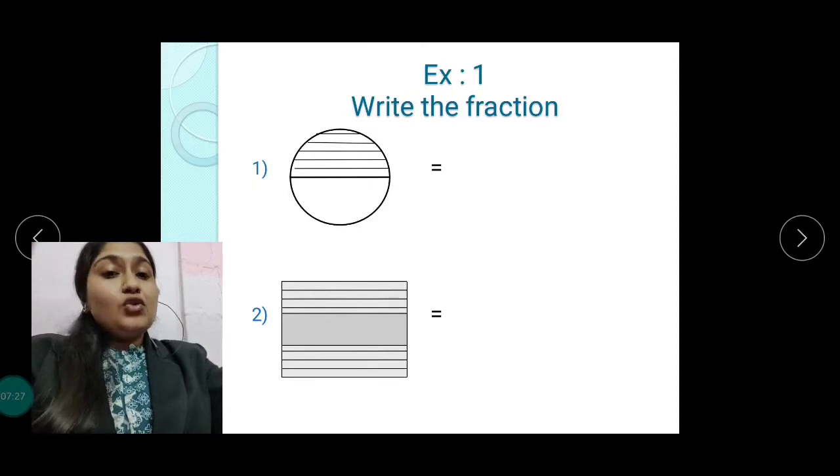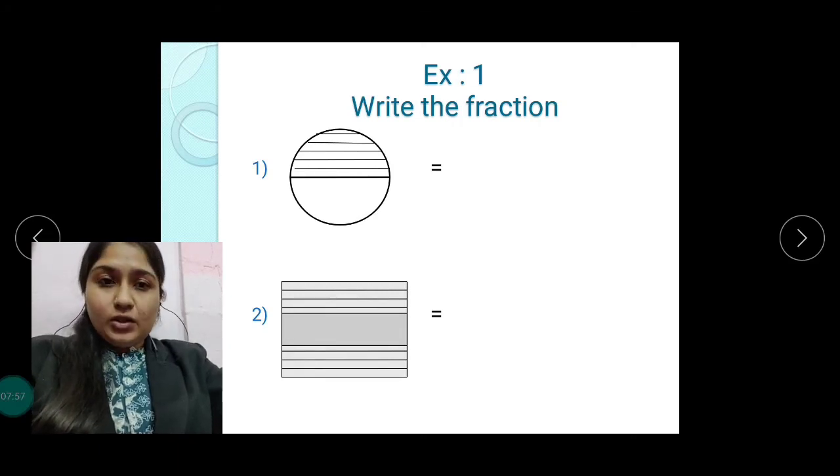Students, this is the new chapter. You have to start this chapter from the new page. Okay, you have to copy the date from the attached PDF, and on the new page, first of all, you have to write down the points to remember, and then you will start this exercise, that is exercise 1, write the fraction. Students, I am once again telling you that on each and every page, you have to start the new exercise, and with that, you have to write down the date also.